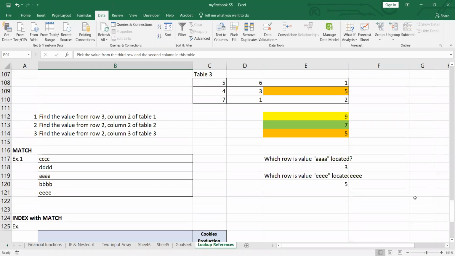While the match function is used to tell the location of the cell when we know the value. For example, if we have a table with 1 column and 5 rows and we want to know which row stores the value a, you just use the match function to reverse and find that a is located